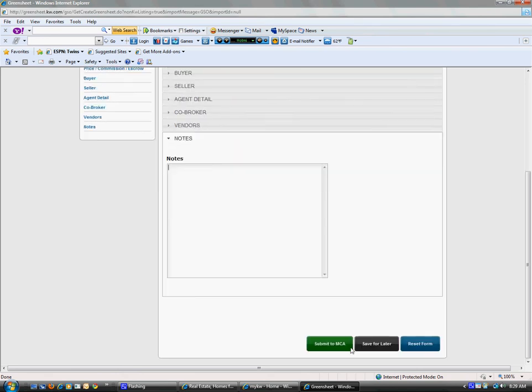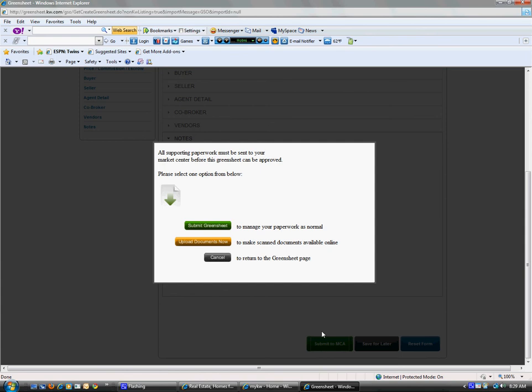And then what you'll do, there's a green button down here saying submit to MCA, and if something's not filled out properly, it won't let you do it, but I'll hit it. And what's cool is you can upload documents to go to the MCA as well. So I can click on this upload documents,